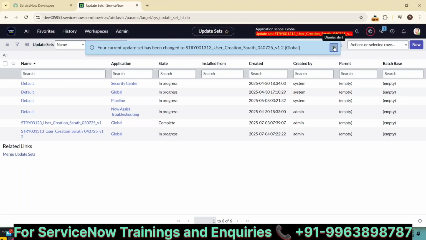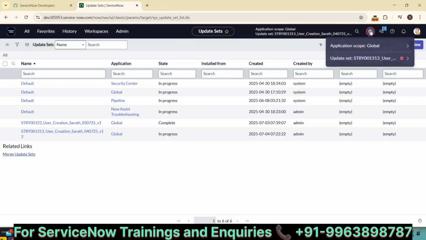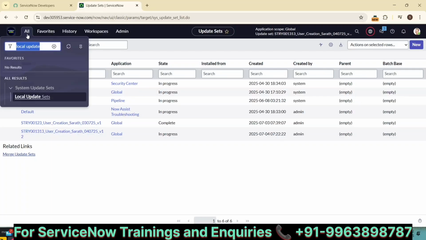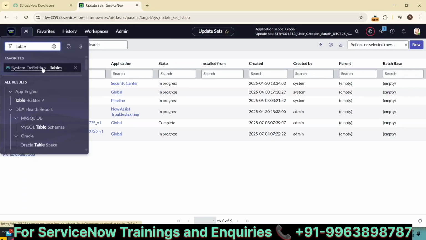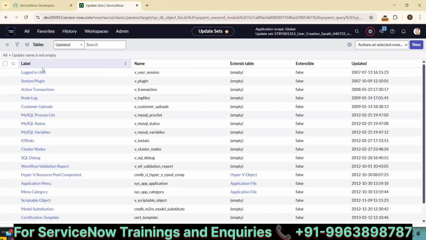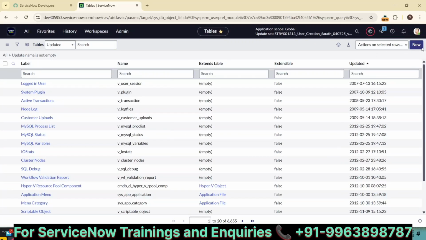Okay, just close it. Right now the update set starts capturing all the changes you are doing in your instance. We have this red button mark, like it is recording in the backend. Go to the filter navigator, make it tables, and I'm creating a new table here, like a demo table. Click on the new button,